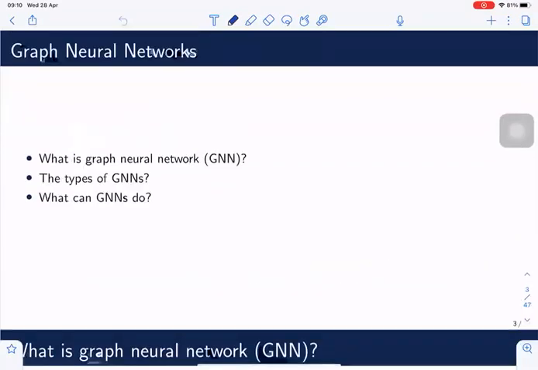In the graph neural networks part, I would like to use 3 questions to cover this part. By answering these 3 questions, you will know what graph neural networks are, the current state of research on them, and also what we did by using GNNs for molecular property prediction. By the way, the reason why I chose the problem of molecular property prediction is